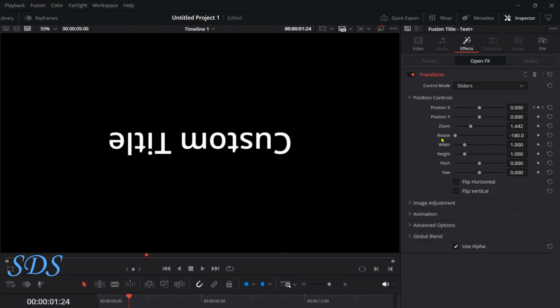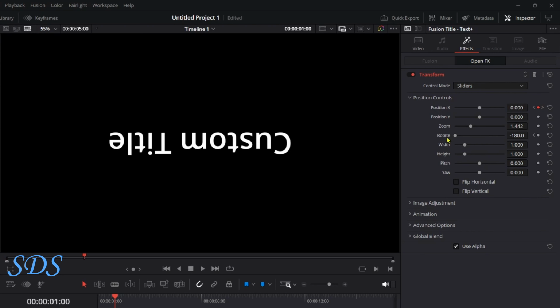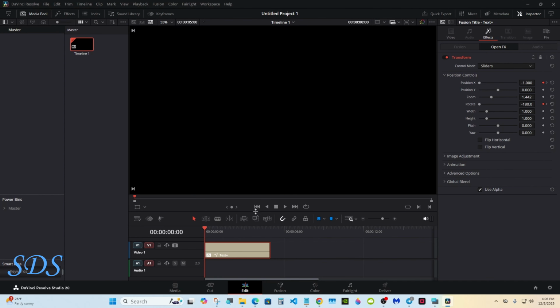And we'll add a little more to this. Take the rotation all the way to the left. Take your playhead to frame 0. Set a keyframe. Now we just use this arrow to jump to the next keyframe we have set. Just click on the rotate 2 times. And then we can right click on it and select ease in. Now we have this animation. And if you want to save it as a preset,